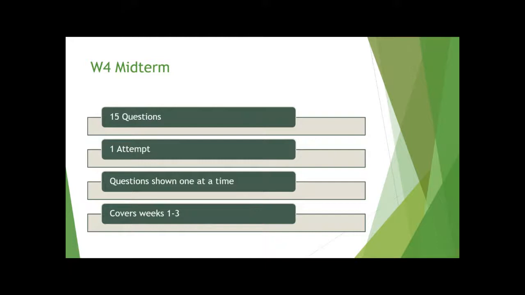What's different about the midterm is that your questions are shown one at a time. So you're not going to see the whole thing like you have for the self-assessments. That doesn't mean that you can't backtrack. You can backtrack. It's just not going to be all on one page. And yes, the midterm is still open notes, open book. So you use all your resources. It's not timed. So take your time to make sure that you can solve everything, because you don't have any time pressure or anything on you for this midterm.